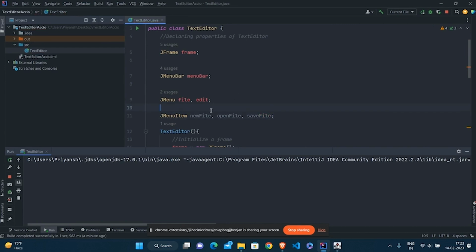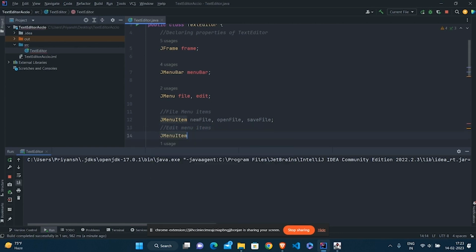Call it file menu items. And these are edit menu items: JMenuItem cut, copy, paste, select all, and close button.